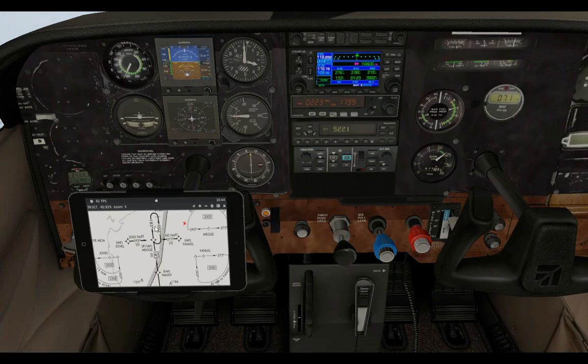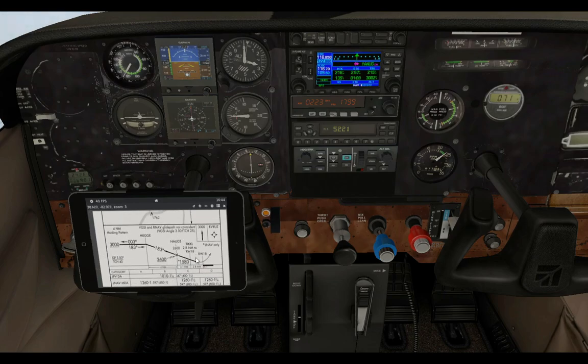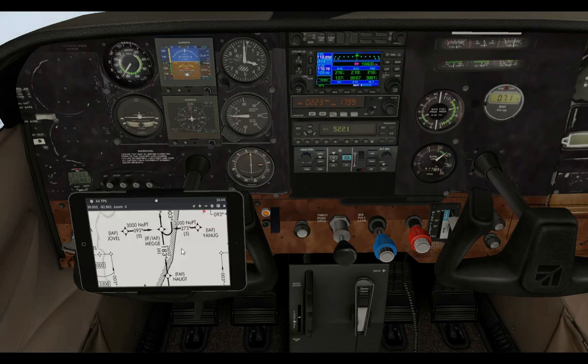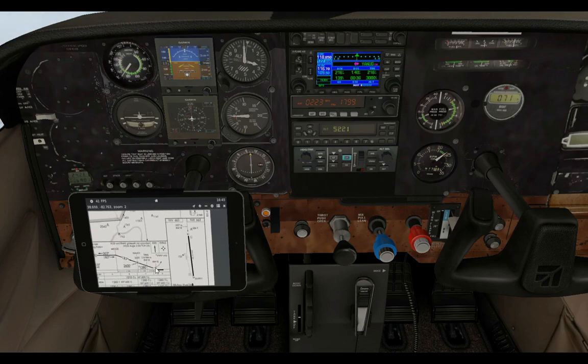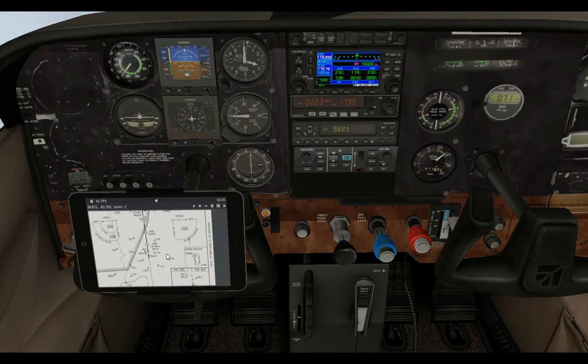This is an LPV approach, so we do have glide path guidance. We should be able to follow it down all the way to our decision height of 1010. Two miles to Yanuug. And we should have also reviewed the missed approach instructions on this. It's straight ahead climb to 3,000 back to the Evreux fix, and the Evreux fix